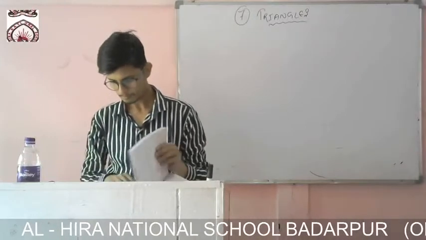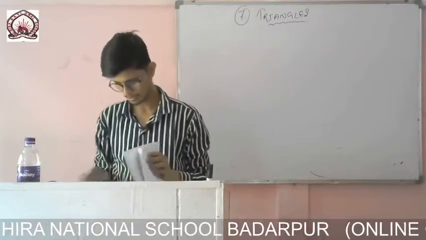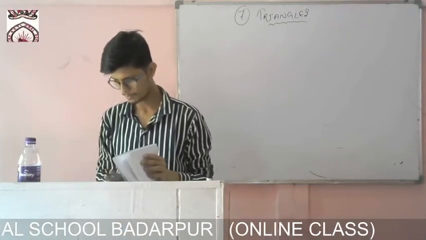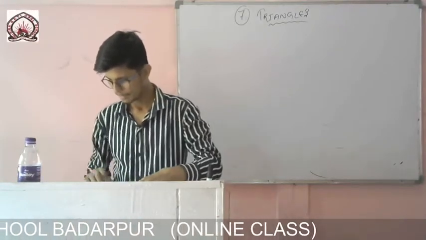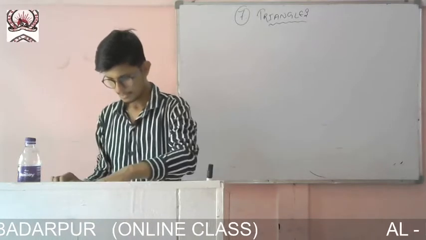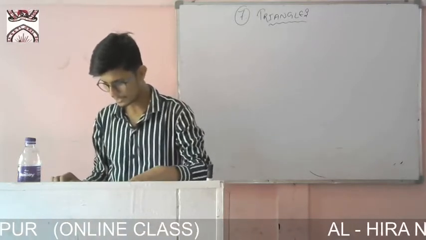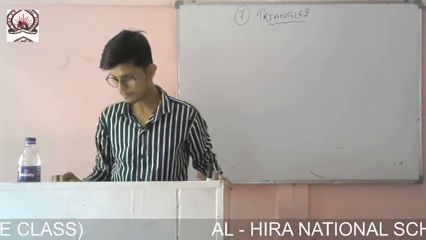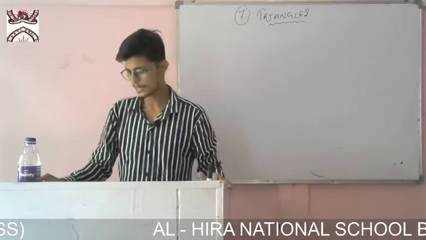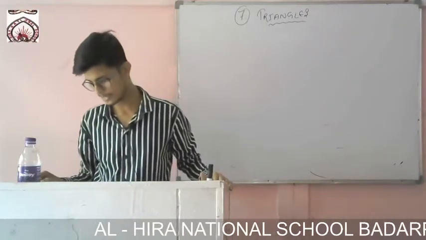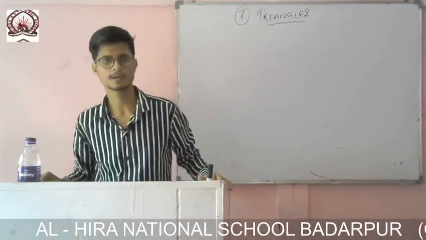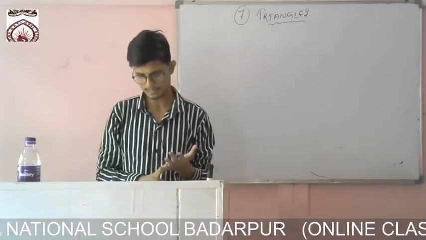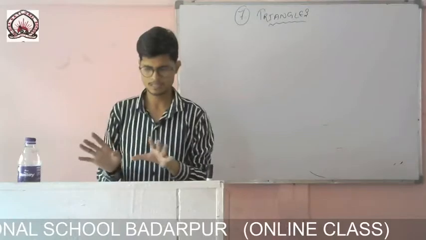So let us start the exercise. We'll discuss it here very nicely when we solve the questions. So first one, you see, it is given that in a quadrilateral ABCD, AC is equal to AD and AB bisects angle A. Show that triangle ABC is congruent to triangle ABD. You have to show that. Whether we'll use side angle side or angle side angle, we'll try to find it.